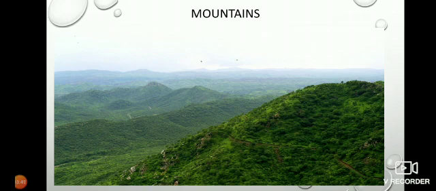What are you seeing here, children, in this picture? That is mountains. So can you define a mountain? A mountain is a place much higher than the land around it. A mountain is bigger than a hill.